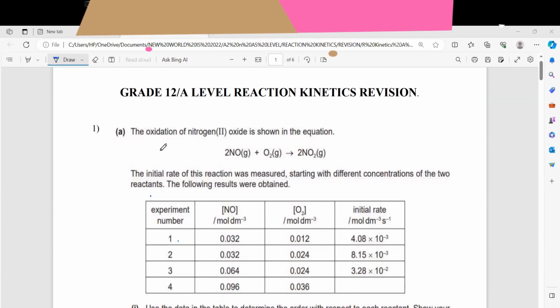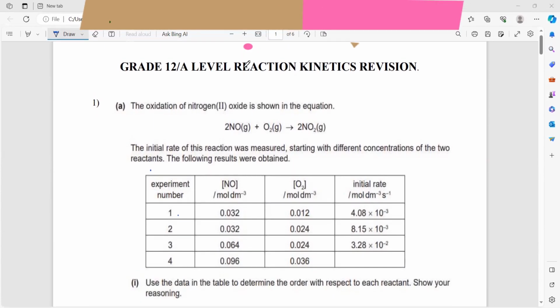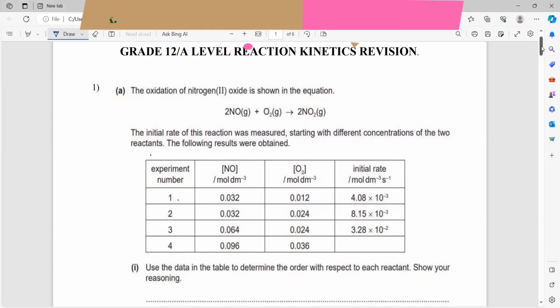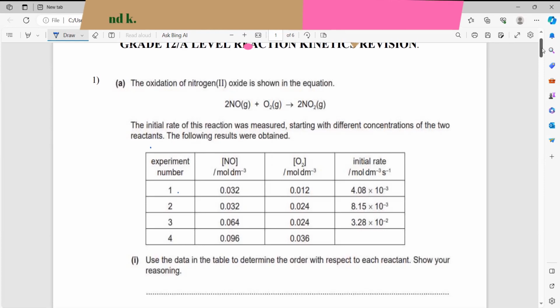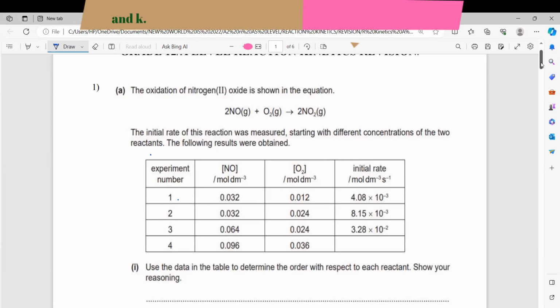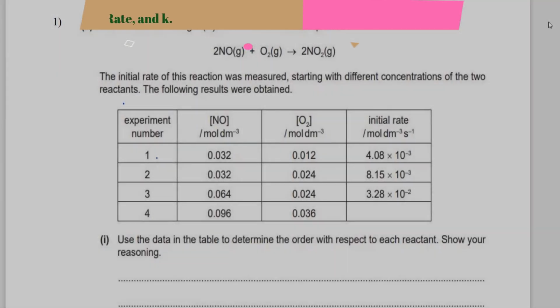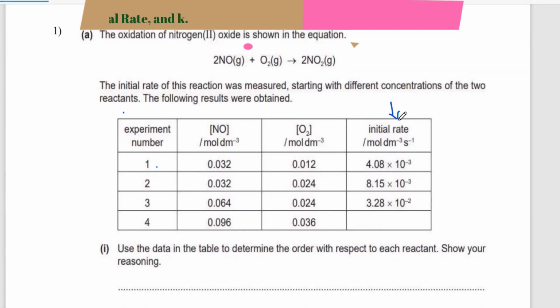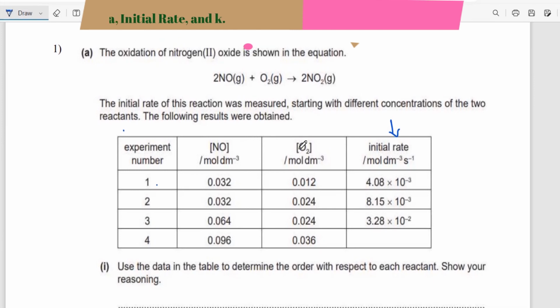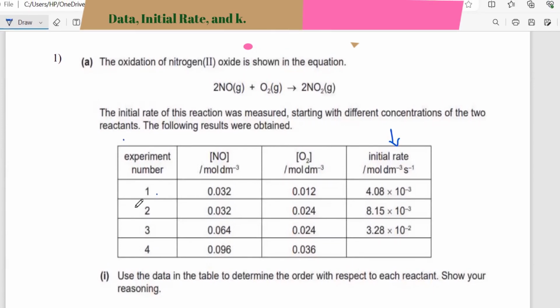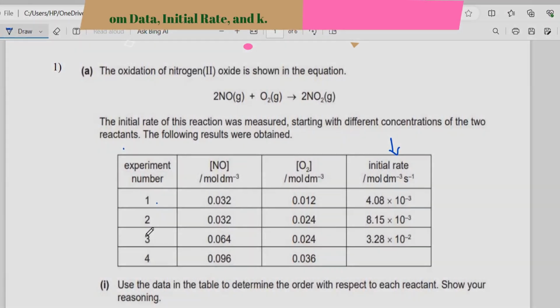We have some A-level questions here on reaction kinetics. The first one goes: the oxidation of nitrogen(II) oxide is shown in the equation. Nitrogen(II) oxide with oxygen reacts to give nitrogen dioxide. Now, the initial rate of this reaction is measured. Here are your initial rates as well as the concentrations of your two reactants from your respective experiments, 1 right